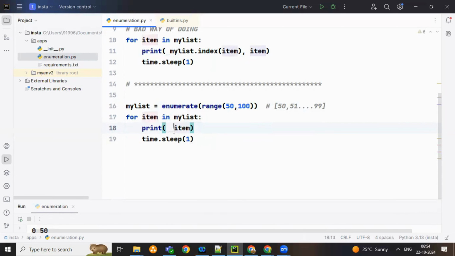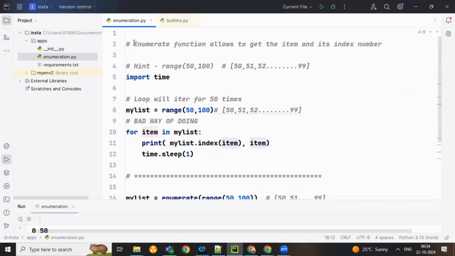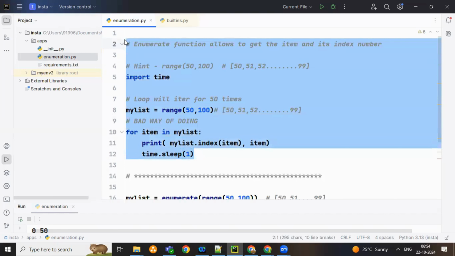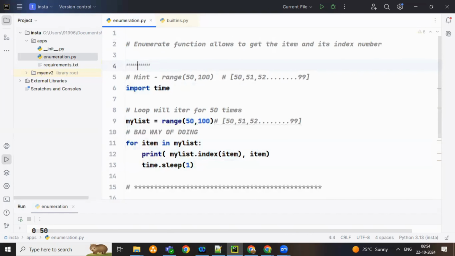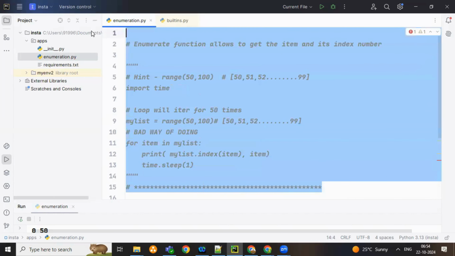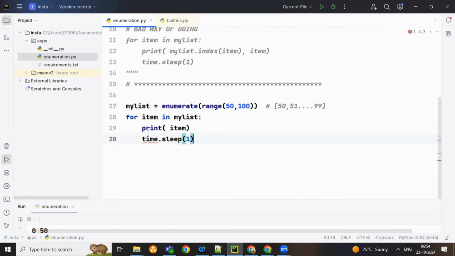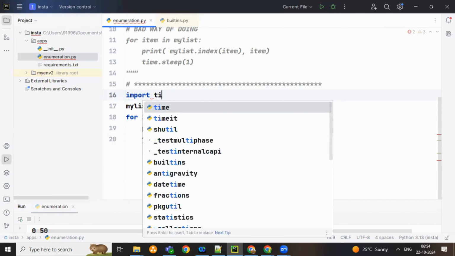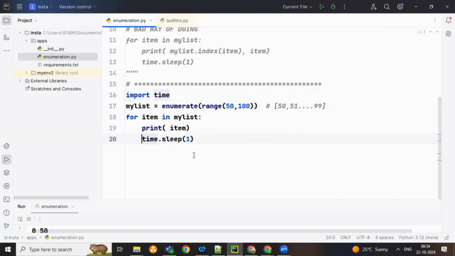If I print the value and index, for example, let me comment out all the code. Got it? When I use three double quotes, it means commented, so this part of the code will be ignored. Understood? This is what we call a block comment. Make sense? And we need the time module, right? Let me import the time module, the time library. Got it? We're done. Now, if I go and trigger this,